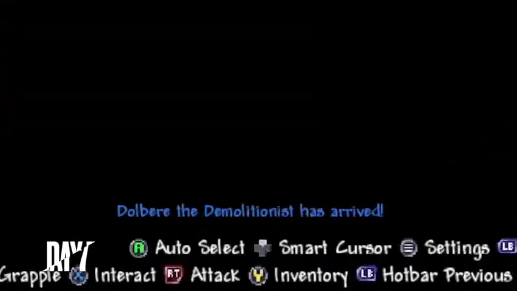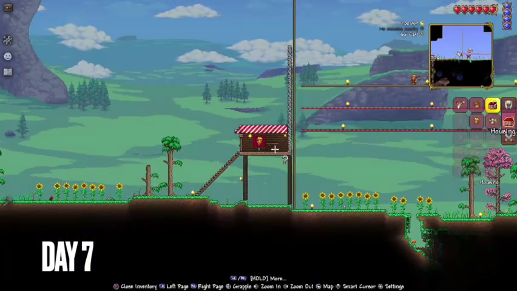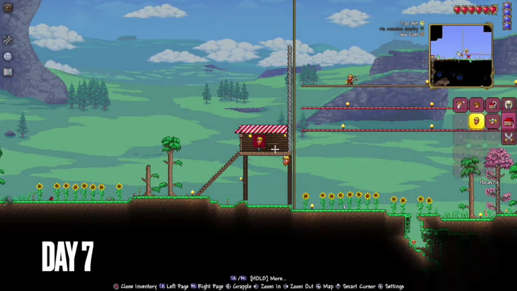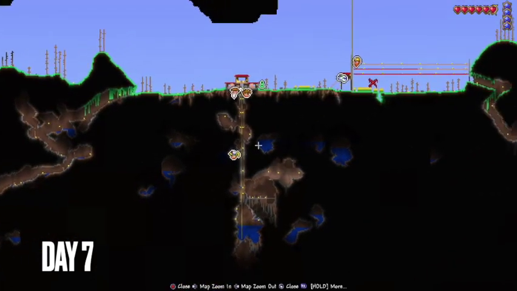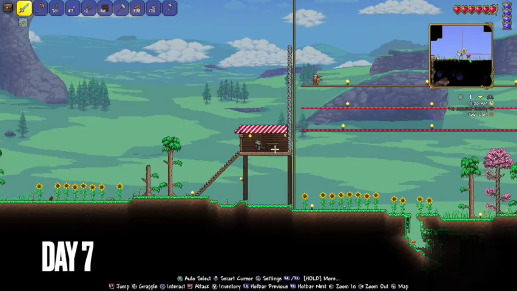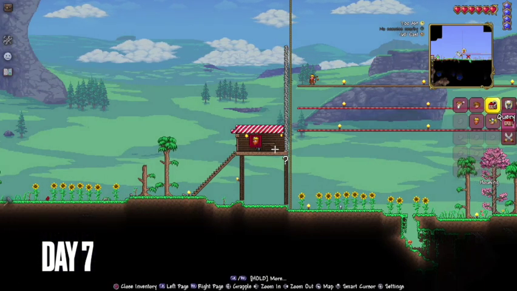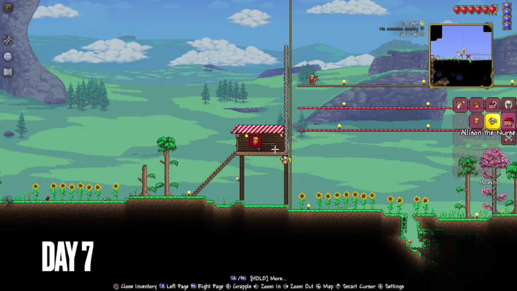On day 7, the demolitionist came, but I couldn't figure out how to switch the demolitionist and the nurse's housing, because right now the demolitionist was in the nurse's house, and the nurse was in the demolitionist's house. I tried for a little bit, but I just couldn't figure it out. I even looked up some tutorials. Nope, I didn't know what it was, and eventually I gave up, and I decided to work